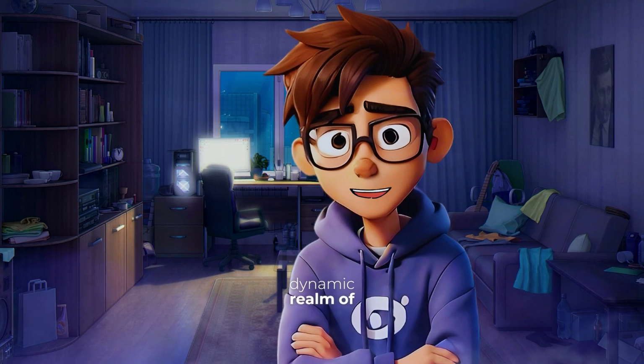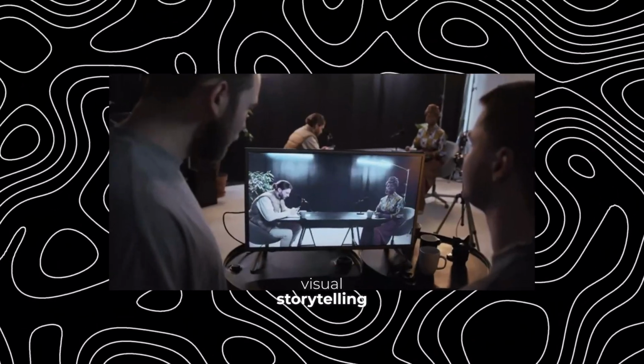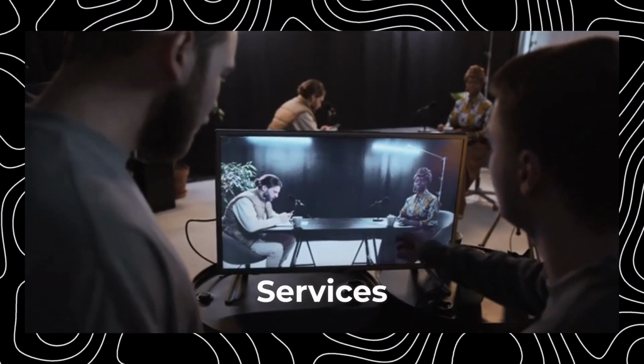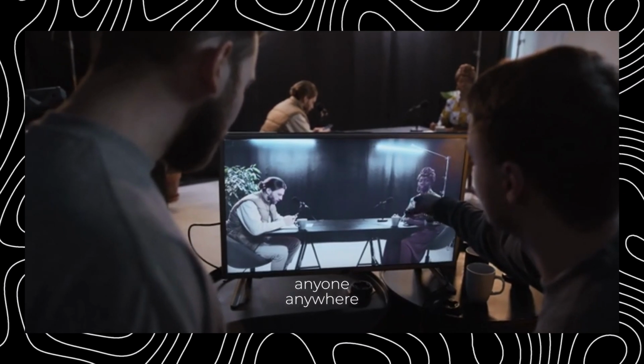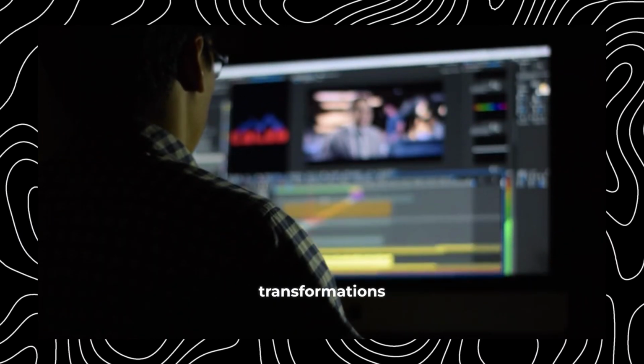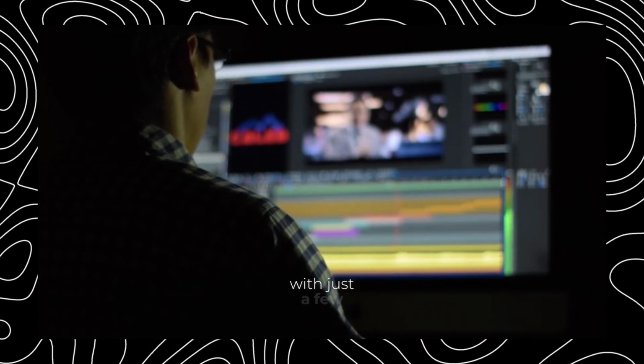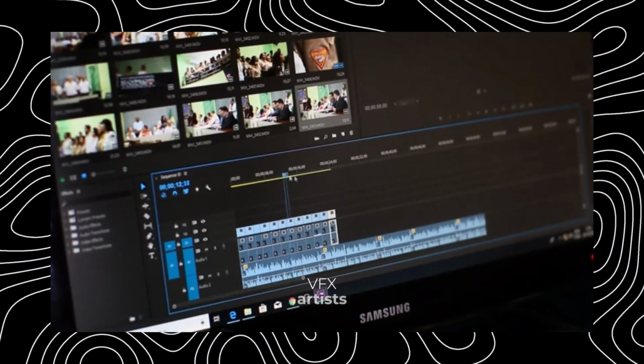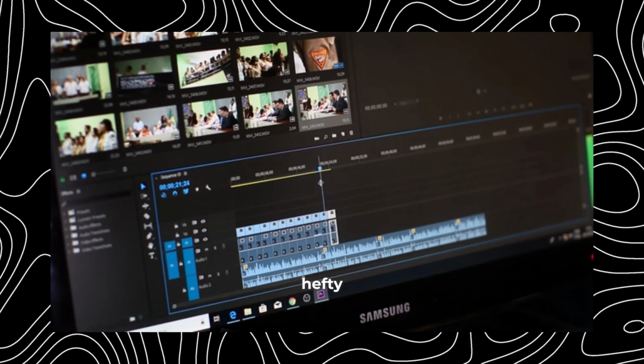In the dynamic realm of video production, a revolutionary technology has emerged, reshaping the way we approach visual storytelling. Video-to-video AI services now empower anyone, anywhere, to make stylistic transformations or character switches in videos with just a few clicks. What was once the domain of skilled CGI and VFX artists can now be achieved without hefty hardware or